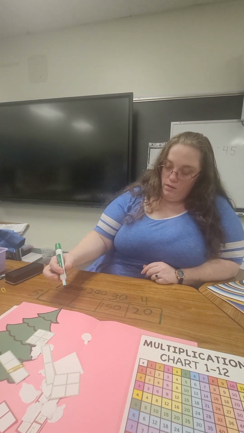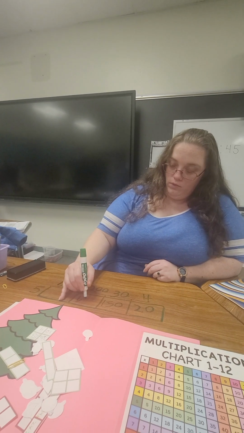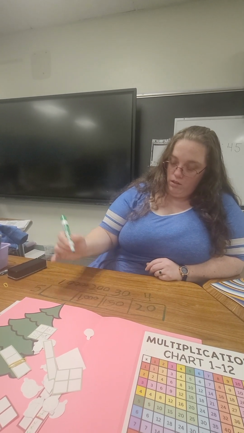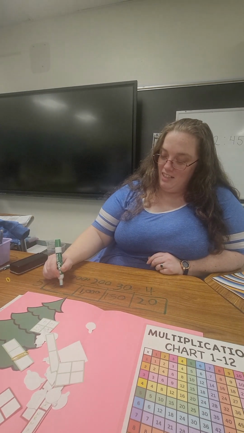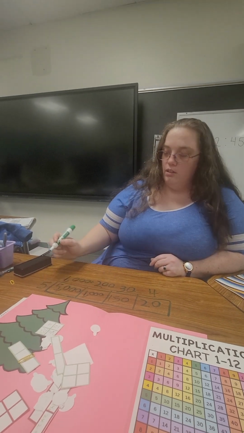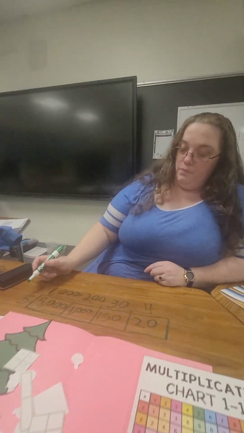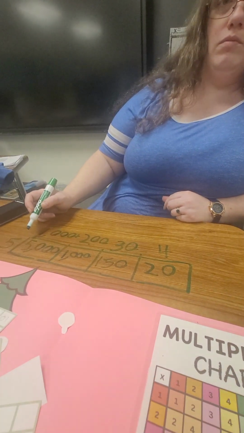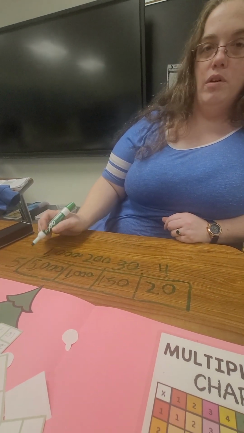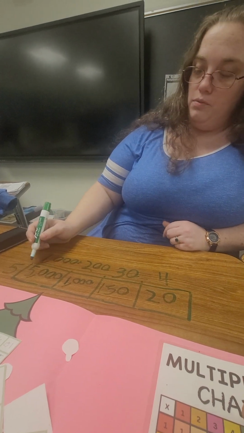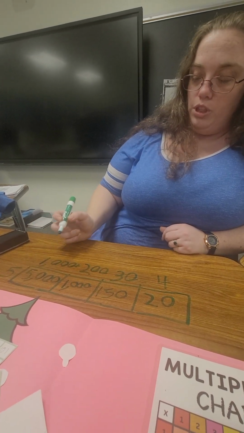So 1,000. Okay. 5,000. Yep, 5,000. I didn't even get a chance to ask the question, huh? Okay. So if you break them apart, you have to put them back together. Exactly. So what's the way for us to do this? You could do 5,000 plus 1,000 plus